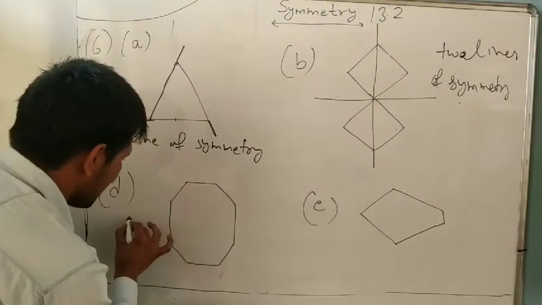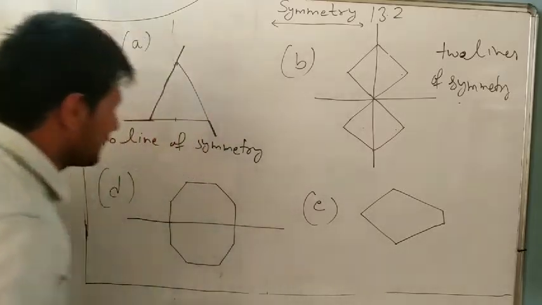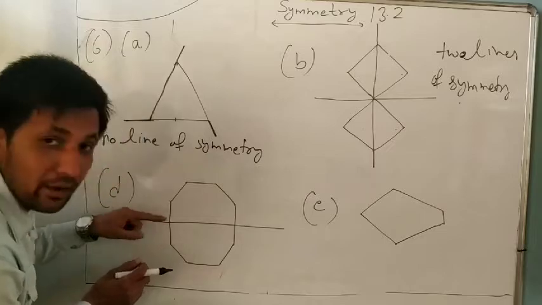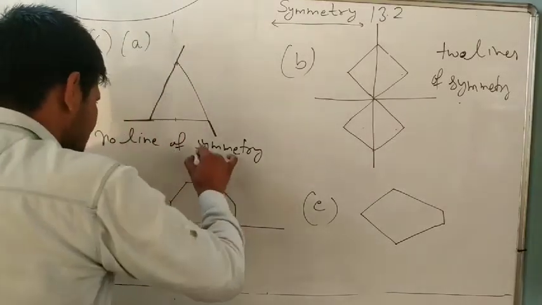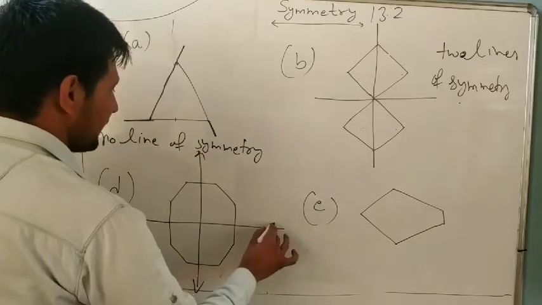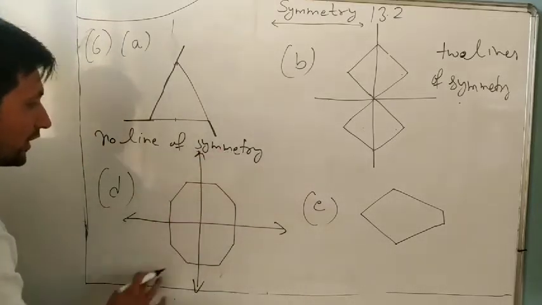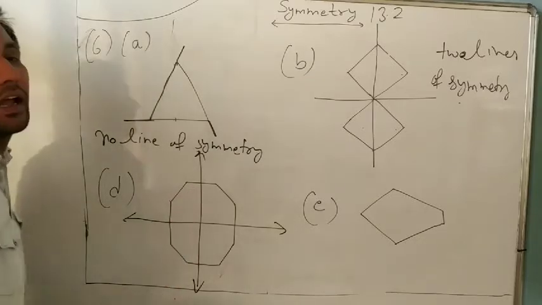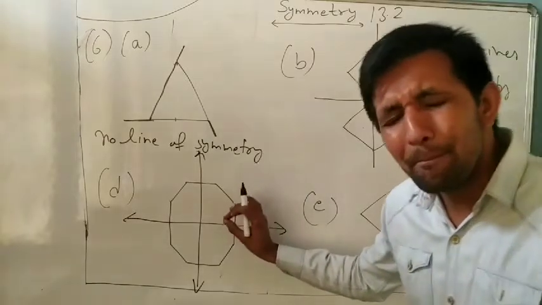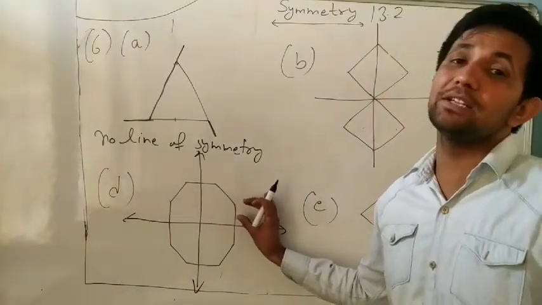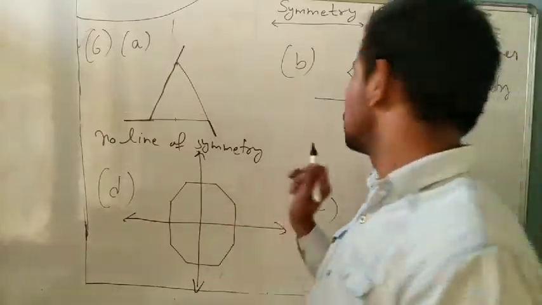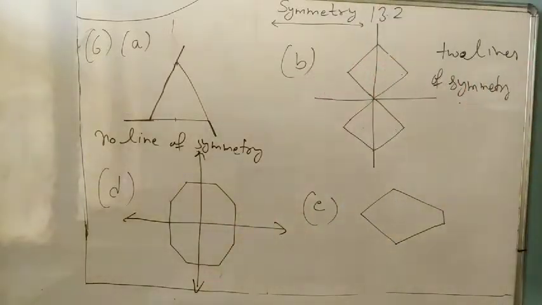That means, can we take it as a line of symmetry or not? Yes. If it is a greater side, we will take its middle. So it is a line of symmetry. And same as this, it is a line of symmetry. Can you take it diagonally also? No, we cannot take a diagonal. There are only two lines of symmetry. You can make a figure same as it is in your notebook, and you will cut and fold it yourself. You will check it. There are only two lines of symmetry.